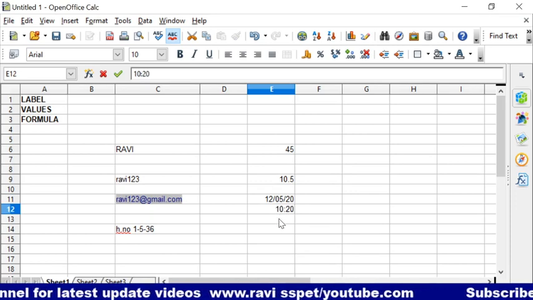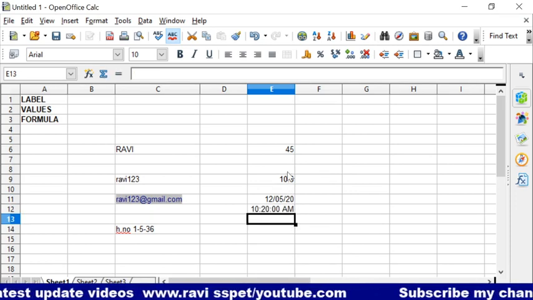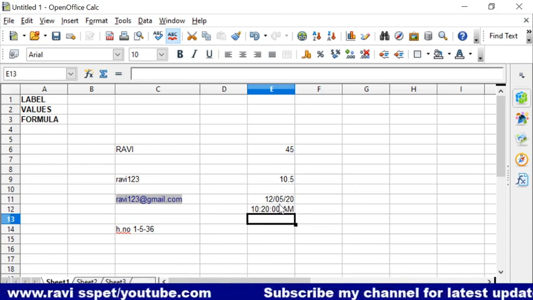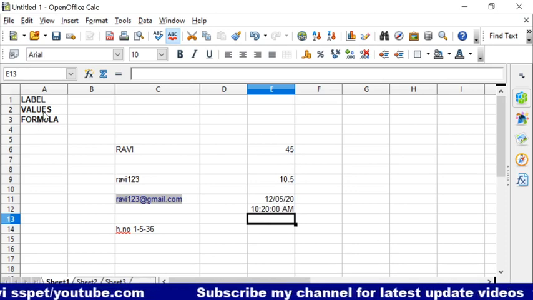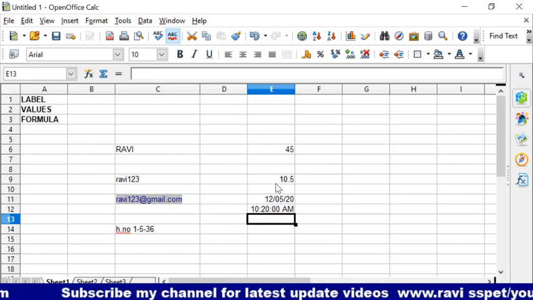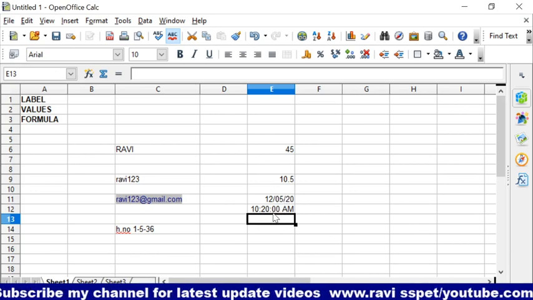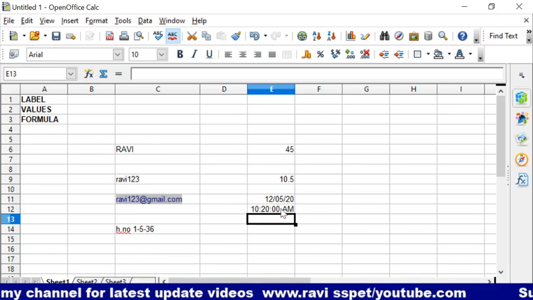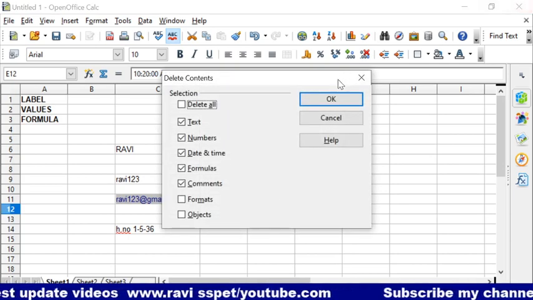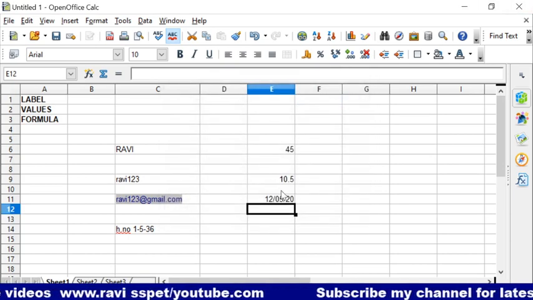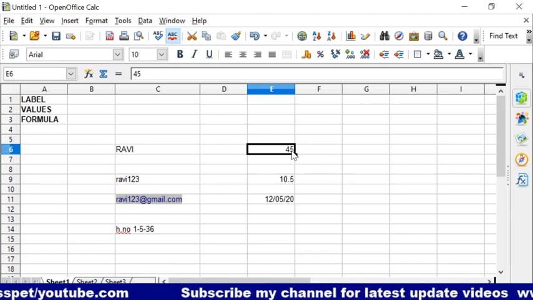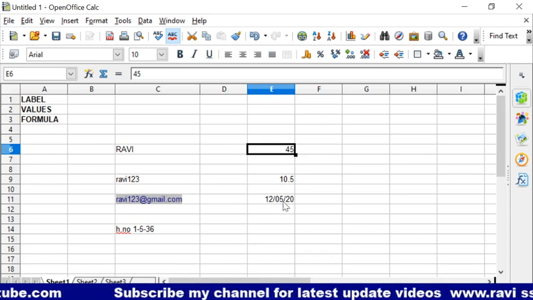This also comes under value. You observe here only numerical values are there. So that's why it is called as values. The numerical data consists of only numbers. That means it contains only numbers.